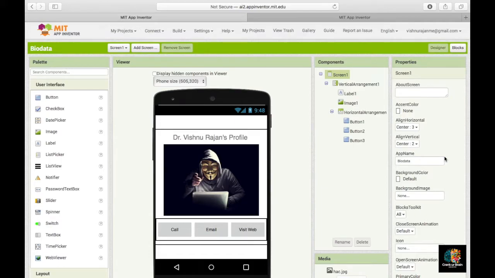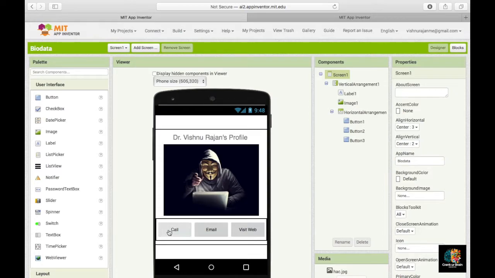Welcome back everyone. In our previous video, we had discussed how to develop the GUI part of your Android application. The GUI part consisted of several layouts, some text, one picture, and also 3 buttons. Now, what is pending here is embedding the actions to all these 3 buttons. Unless we do this logical part, your app may be opening in your mobile phone, but it will not be working as intended.